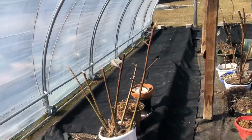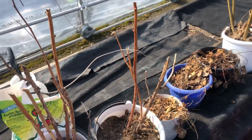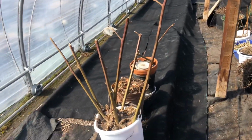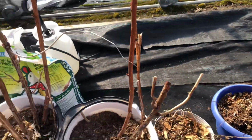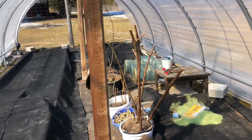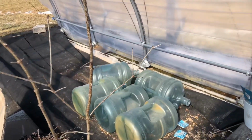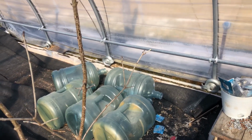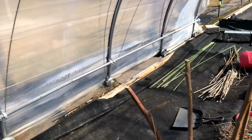So as I'm walking through here, through one of the greenhouses, by the way, some of these are the plants that I took from my old property back in Toronto. This one is our blackberry bush. These are some of the strawberries we had. This is raspberries. But as I take a walk through here, I noticed that the previous owner left these big jugs of empty water bottles. And I'm thinking, not too sure, he used them to fill the water so he can water this garden area. But